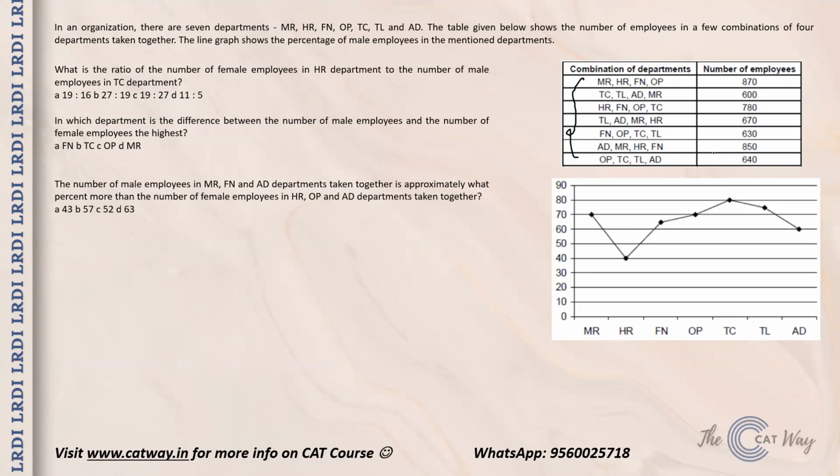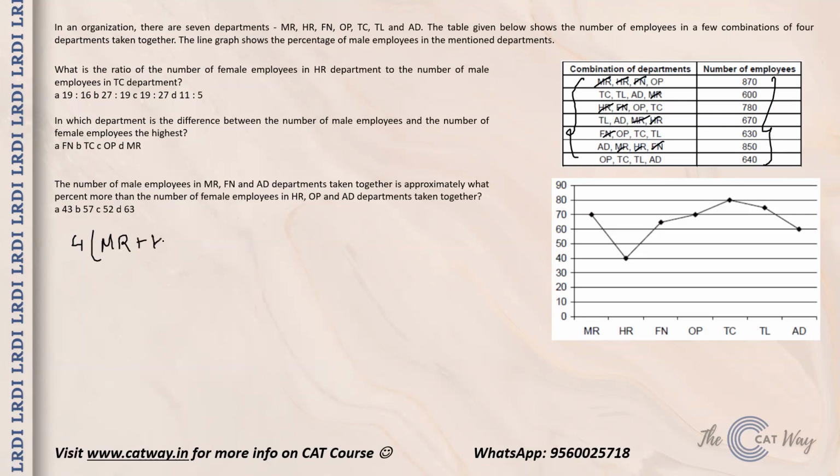So the only thing that you have to do is just add them up and divide it by 4. So basically what equation you will form is: look, MR, MR, MR and MR. 4 times MR is there. HR, HR, HR and HR. FN, FN, FN and FN. So every term is there 4 times, right? So basically what you are going to get is 4 times